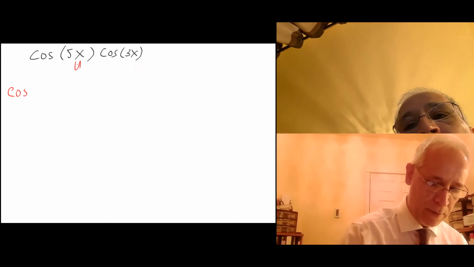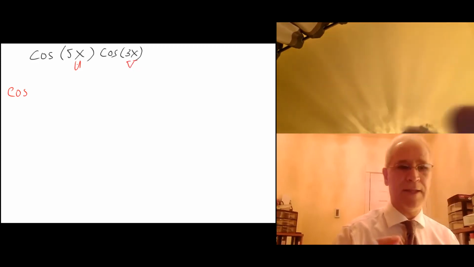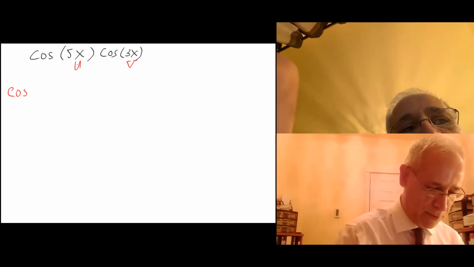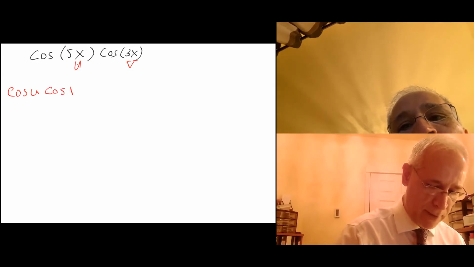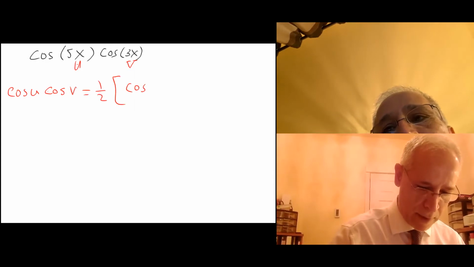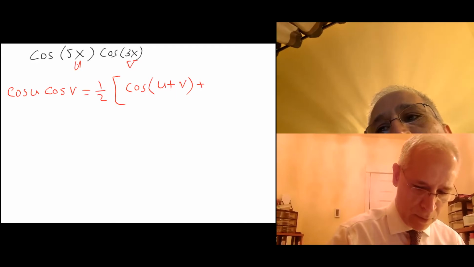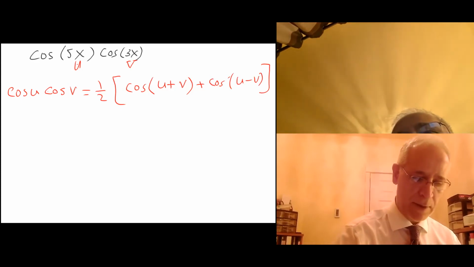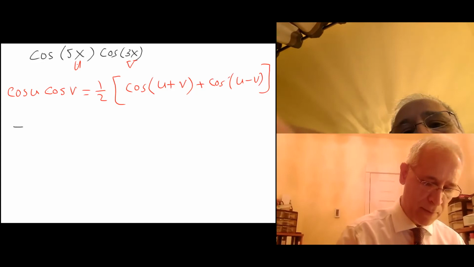Cosine of u, cosine of v. Now, not that it matters, but let's stay consistent. Cosine of u times cosine of v equals 1/2 cosine of u plus v plus cosine of u minus v. That's the formula. So my original problem equals 1/2 cosine of